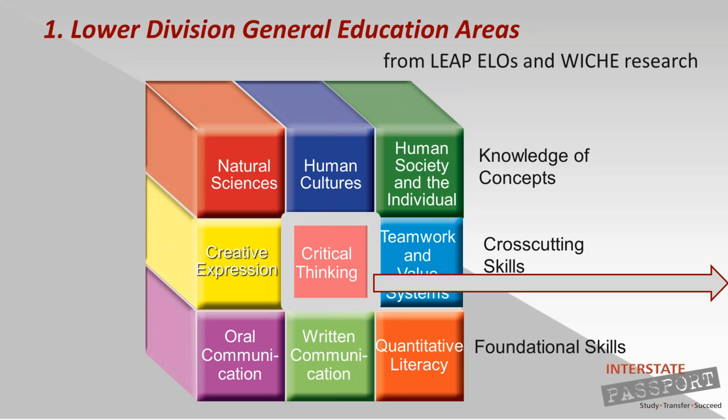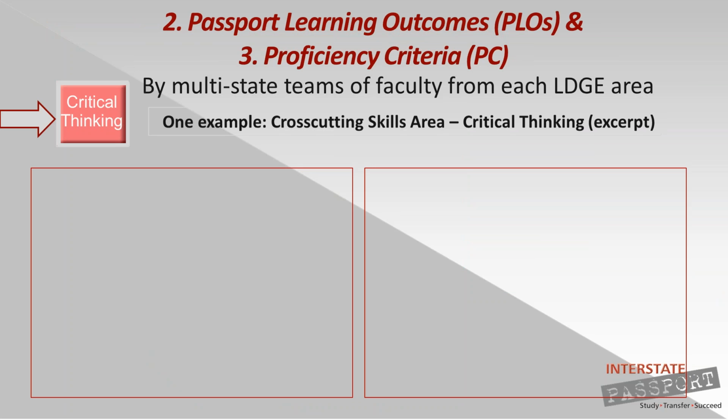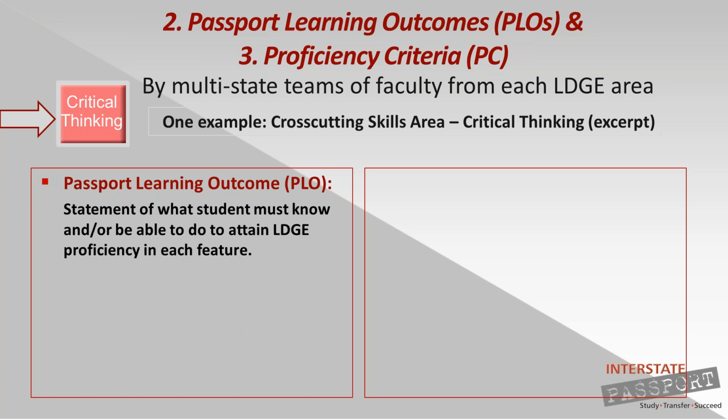Let's now take a look at illustrations of the relationship between learning outcomes and proficiency criteria in one of these areas, that being critical thinking. So in the area of critical thinking, we'll look at an example of a PLO and a PC, again developed by multi-state teams of faculty for each of the lower division general education areas. The passport learning outcomes in critical thinking consist of several statements, and the learning outcomes are all statements of what a student must know and or be able to do in order to attain proficiency in each of these